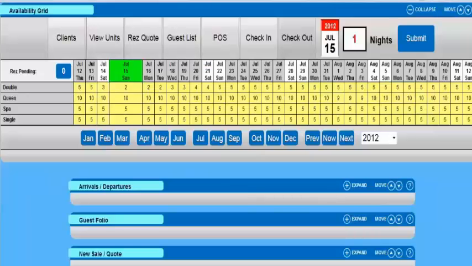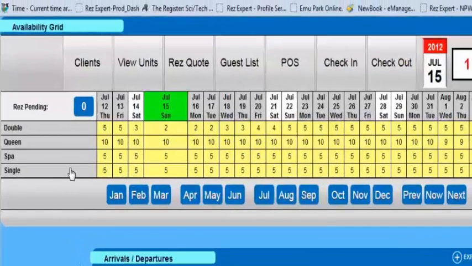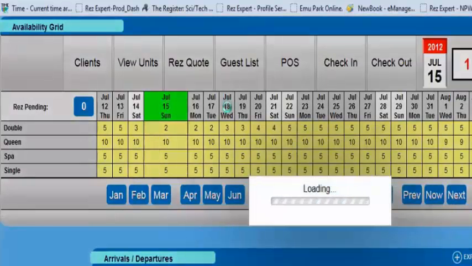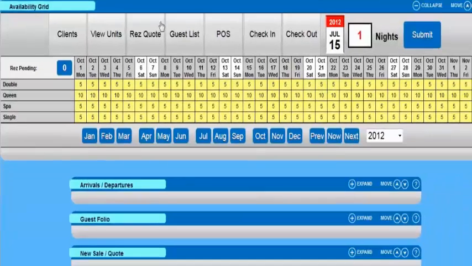And here we have the grid, and it will have the unit types that you created during the demonstration setup, and across the top you've got the days, and across the bottom of the grid you've got your quick jump months. So if you wanted to do a booking out in October, you can simply select October and the system will reset to October. Now you can make bookings one of several ways. We'll just go back to the now, which is the current week,